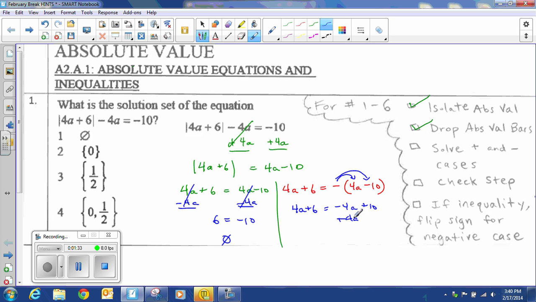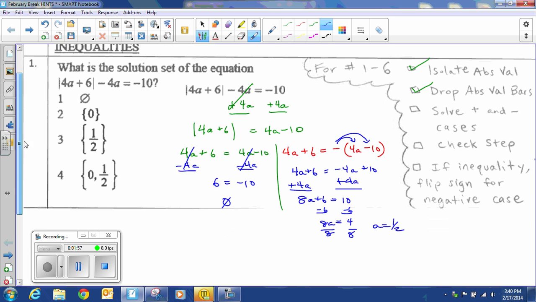Let's add 4a to both sides. That gives us 8a plus 6 equals 10. Subtract 6, we get 4. 8a equals 4. Divide both sides by 8. And a equals 1/2. So we want to go with that as the answer, but we always have to do